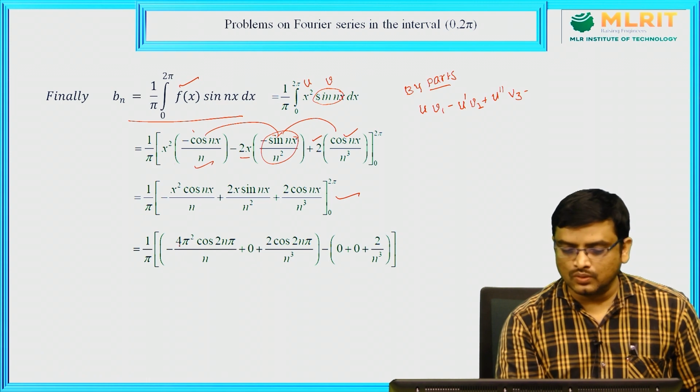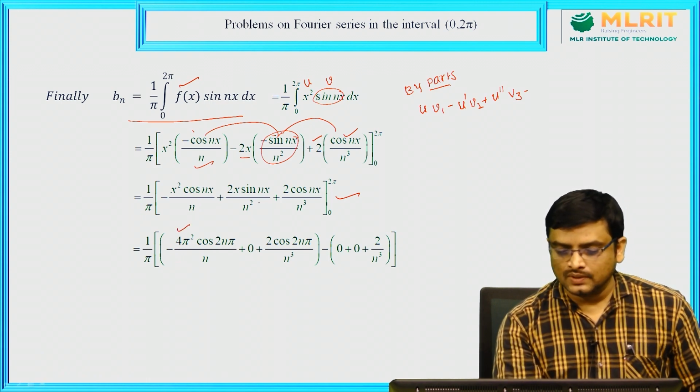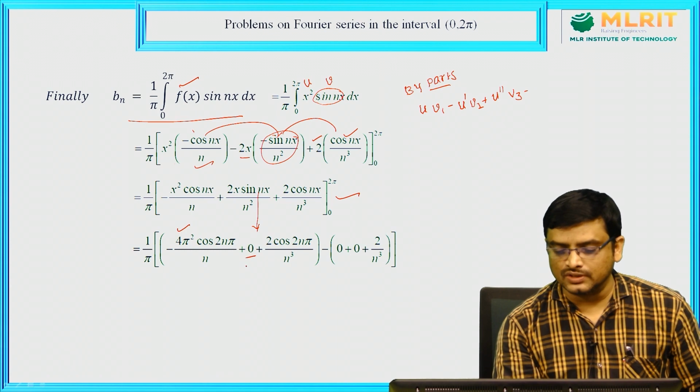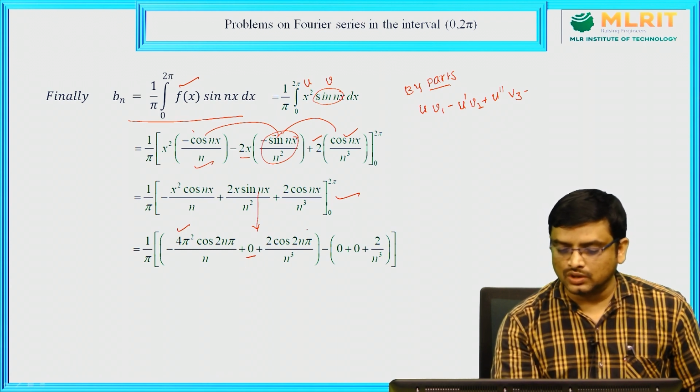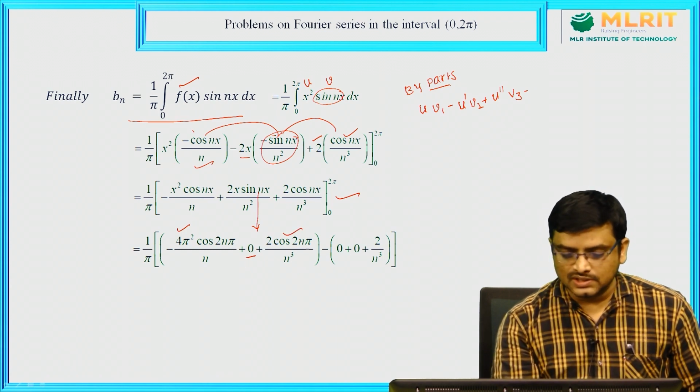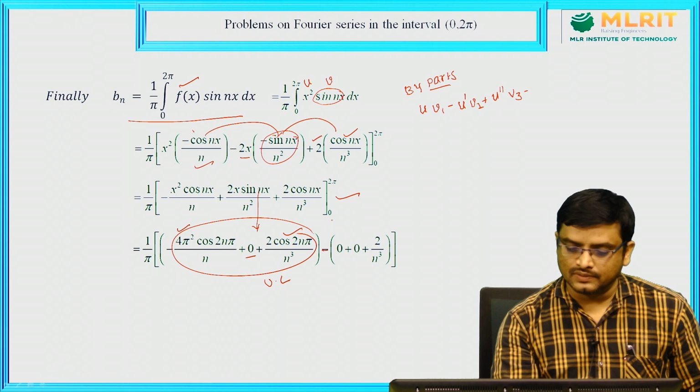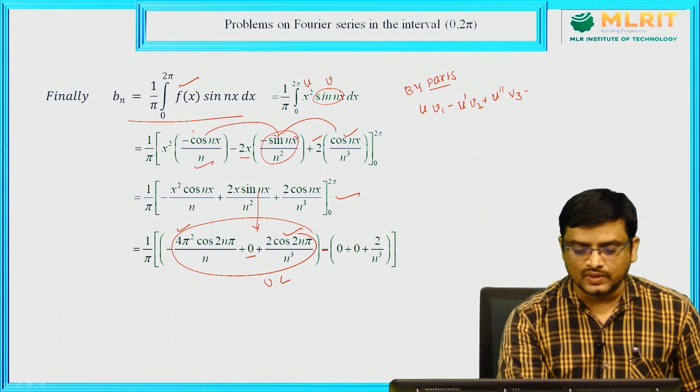So 2 pi whole square, you will get 4 pi square cos 2n pi, and since here you will get sin 2n pi, and sin 2n pi is equal to 0, so we can substitute 0 here, and here 2 into cos 2n pi. This is the value after substituting the upper limit. Minus, now substitute the lower limit here, x is equal to 0, x squared, 0 square,